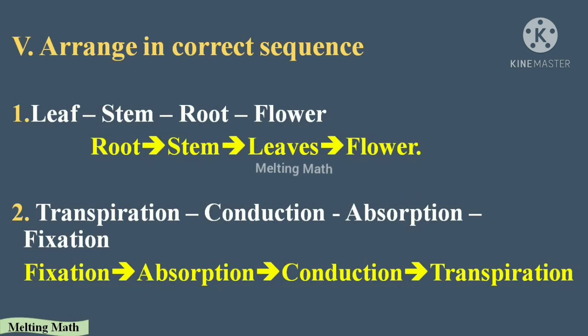After that is conduction. It absorbs the water and the minerals in the root, and after that it transfers to the stem. That's what we call conduction. It conducts, and also it conducts sunlight to get the energy, and when the rain falls it gets the energy from a liquid also. So we call it transpiration. So this is the correct order.